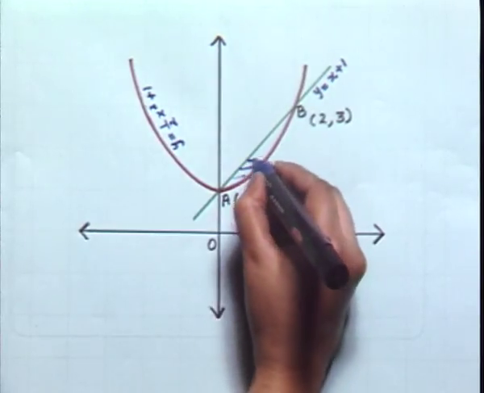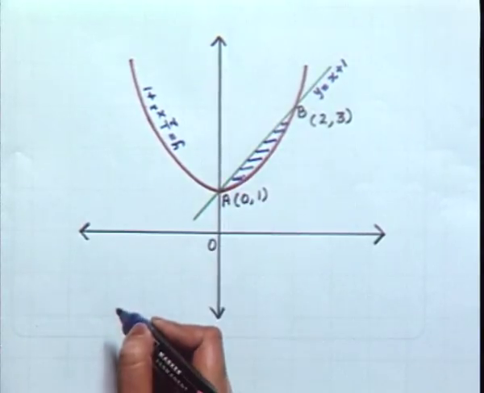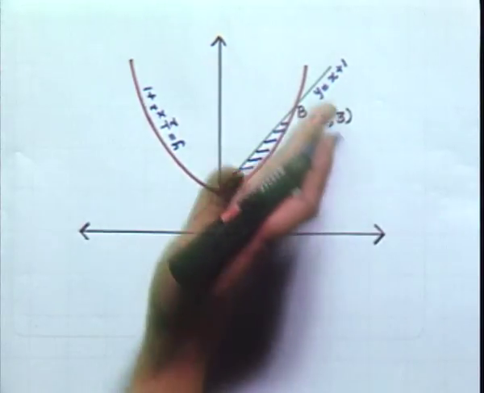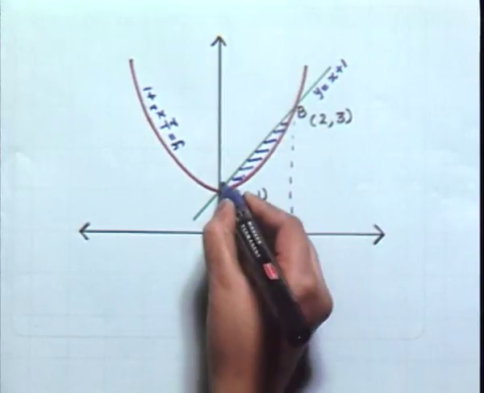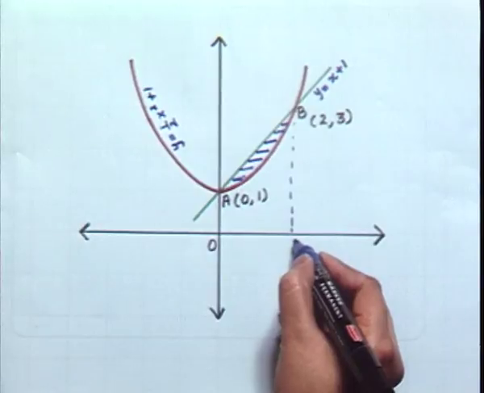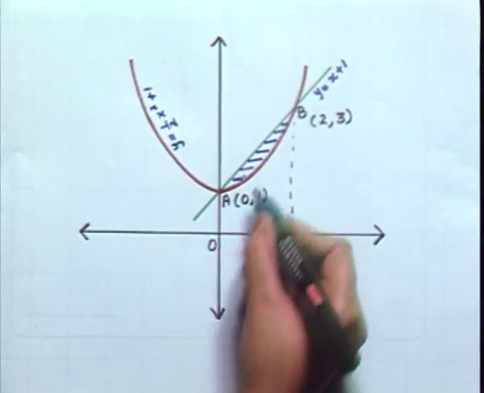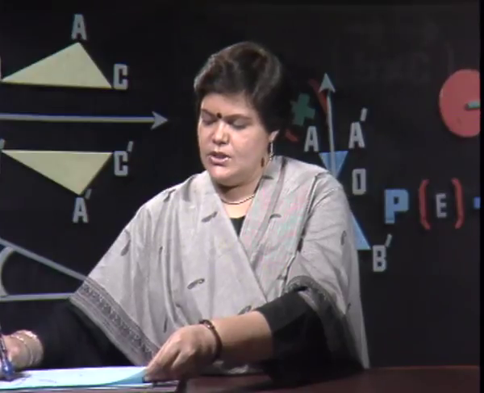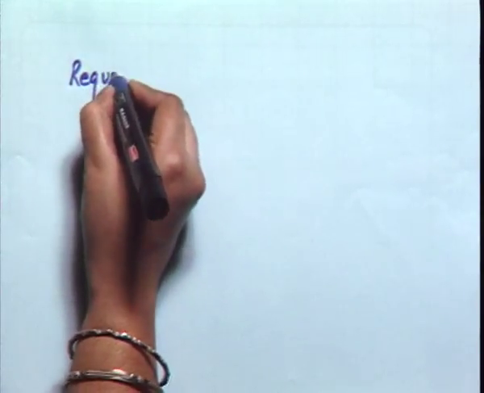Knowing this, one can draw the sketch, and then the region or area enclosed between the two can be definitely taken to be this, and this area is nothing but, again keeping in mind that you know how to find area under the line, the area under the line from x is equal to 0 to x is equal to 2 minus the area under the arc AB, again from 0 to 2. So, if I may just write the points P and Q here to keep a distinction, you can say the required area will be equal to